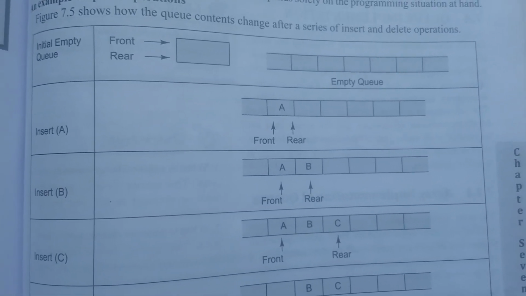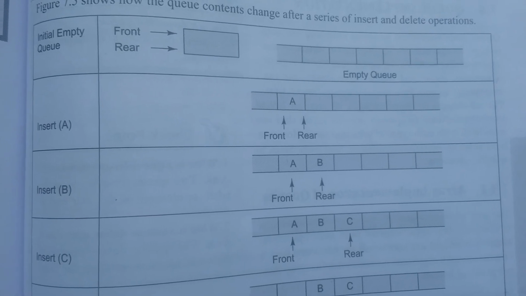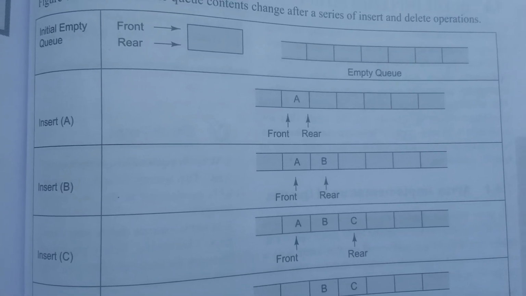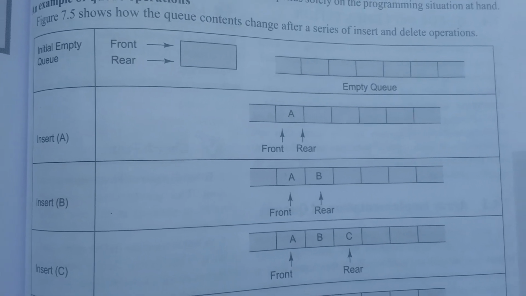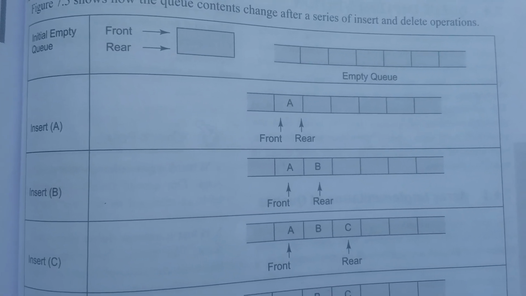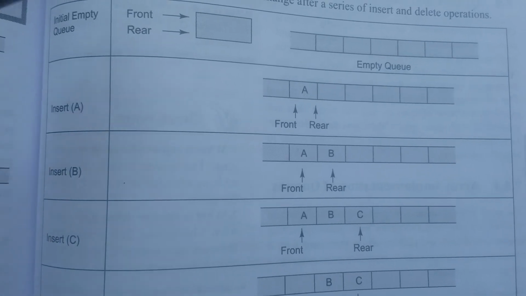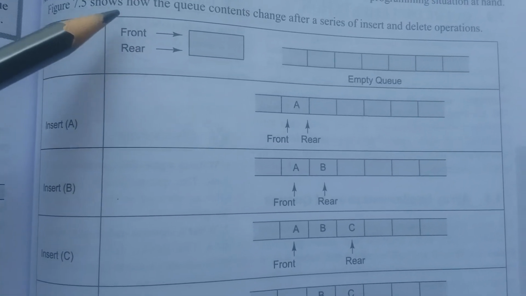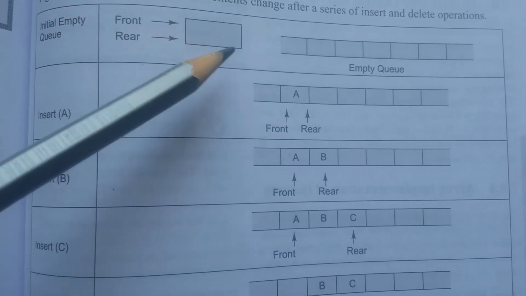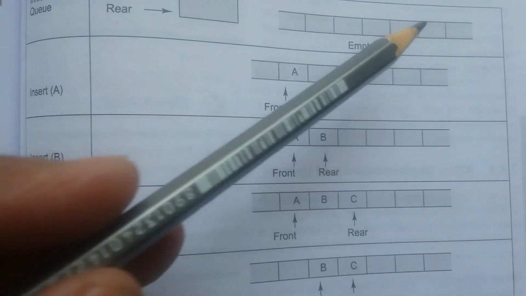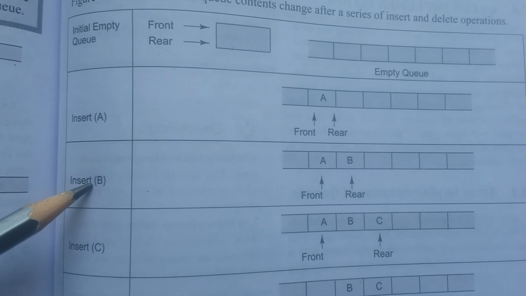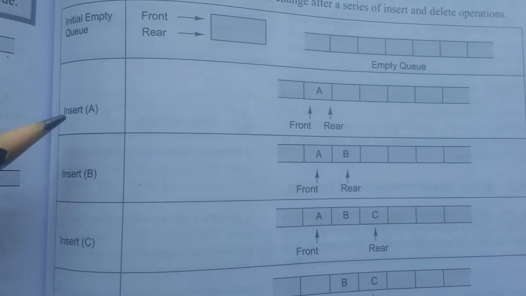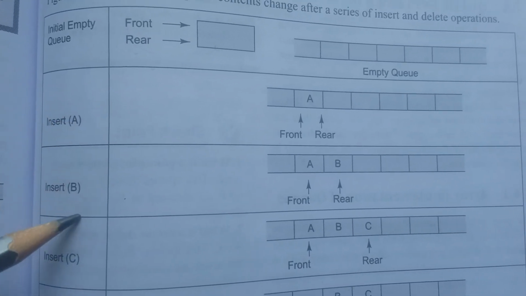Now you can use any name like insert, add for your functions. Now here, similar to the stack, I am showing you the graphical representation. Initially the queue is empty, so front and rear are pointing to the null, and this is an empty queue. Then I am performing the first insert operation, the second insert operation, and the third insert operation, and I am inserting the element A, B and C.